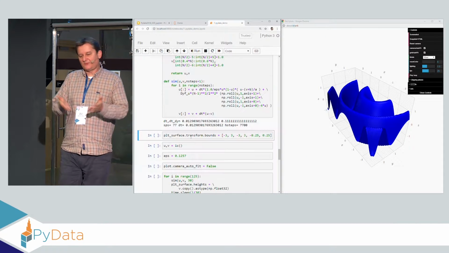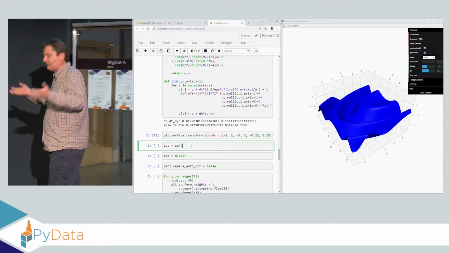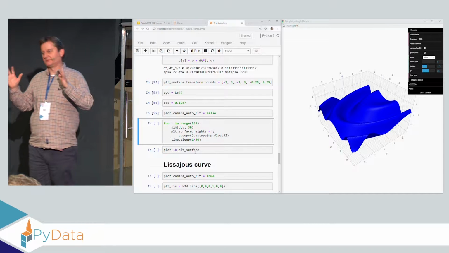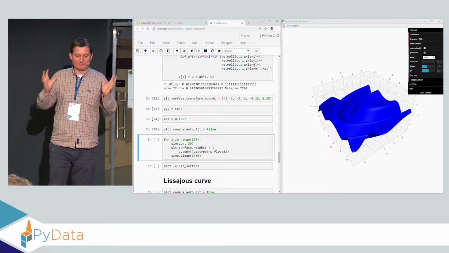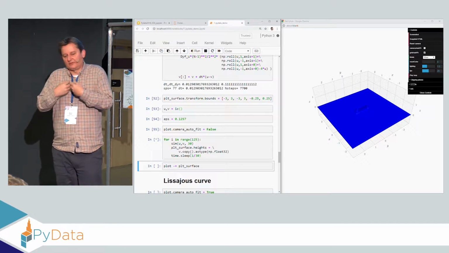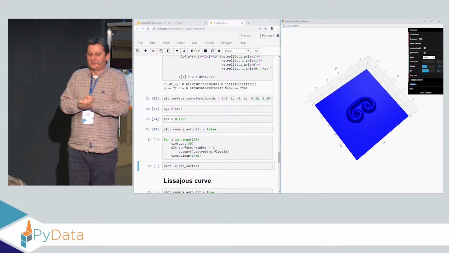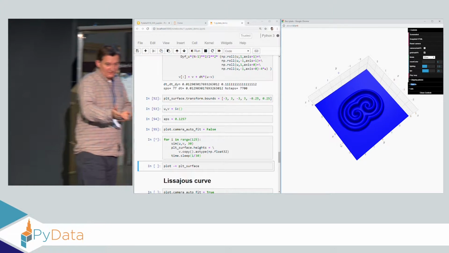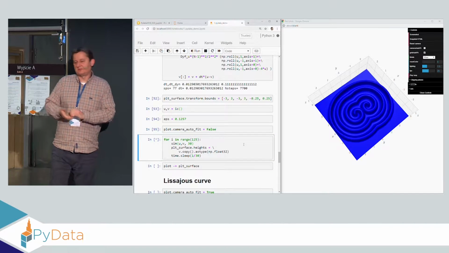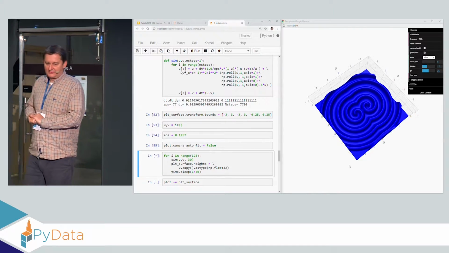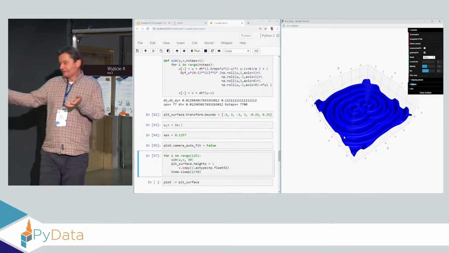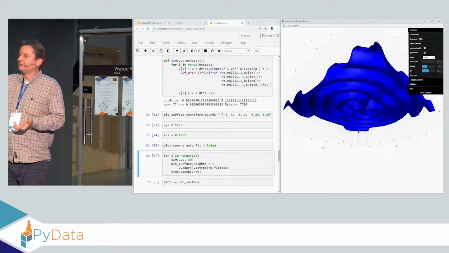Why this surface? I mean, there are lots of demos on the internet with moving surfaces. When you go to the three.js web page, it's very difficult to beat them; they have very excellent demos. But why is this important? Because I can have my code solving something in Python, like partial differential equations. In this case, the cell above is solving a system of two coupled partial differential equations in 2D, and I can solve them in Python. And if I want to visualize them, I can do it by sending the result to our widget and plotting it.